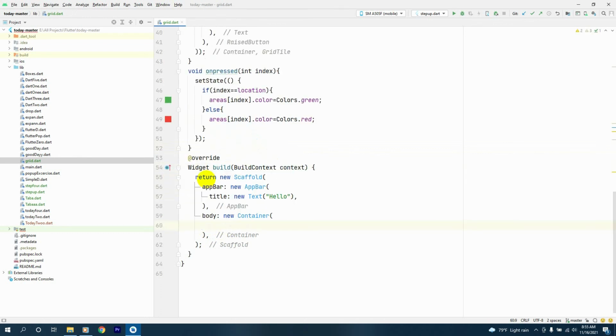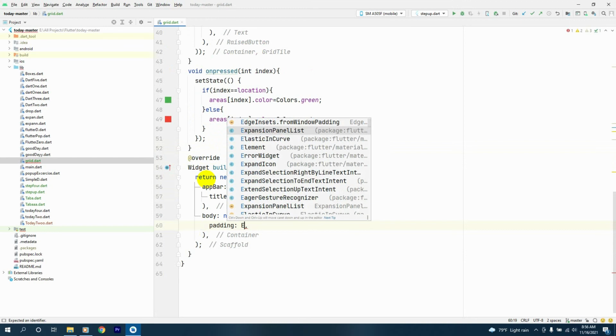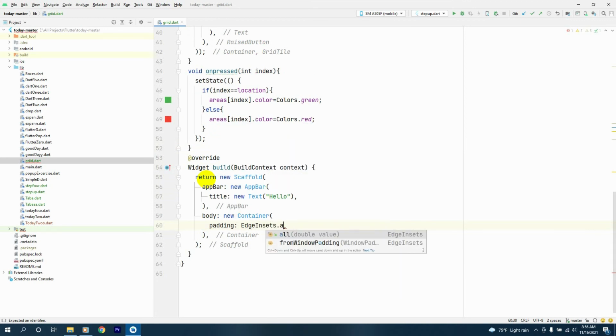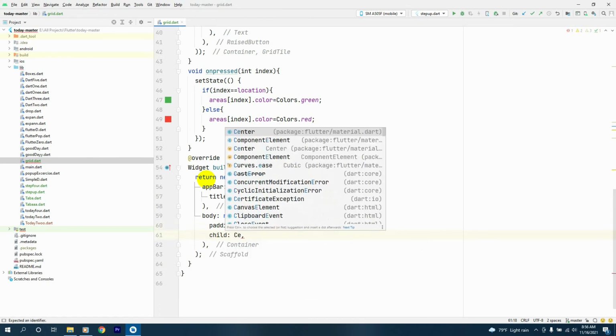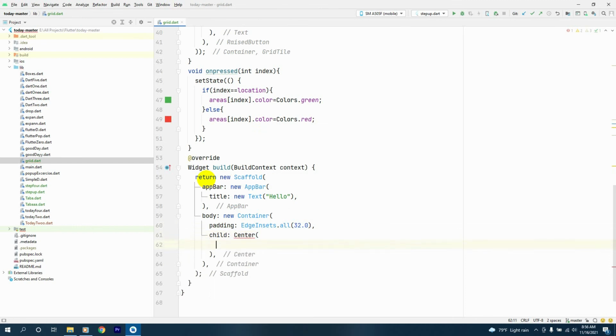Inside the container we'll have a padding. The padding will be EdgeInsets.all 32, and after that we'll provide a child, a Center child, and inside the Center child we provide a child and we say